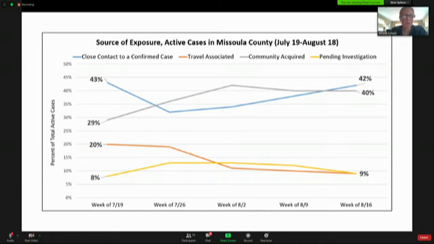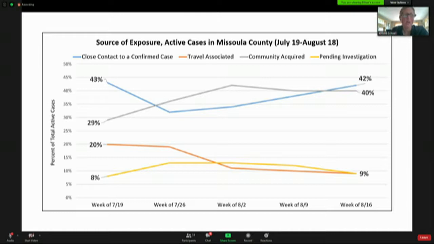By looking at transmission changes over time, we can better understand how people are becoming exposed to COVID and act accordingly. Community-acquired cases steadily increased throughout July and August in Missoula County. And during the week of July 19th, we saw 29% of new COVID cases coming from community spread, peaking in early August when our active caseload was highest, dipping slightly, and then remaining relatively stable around 40% of total active